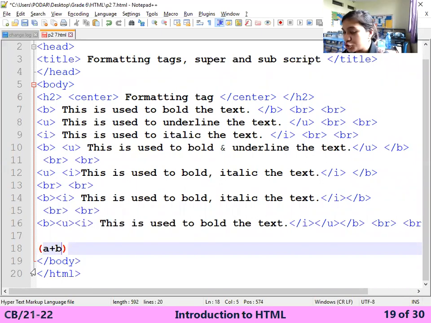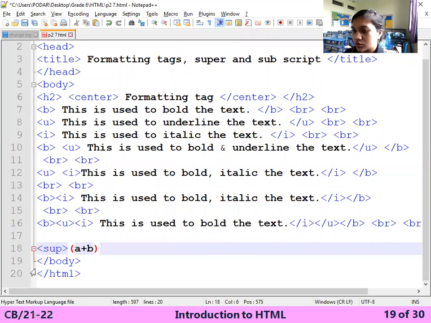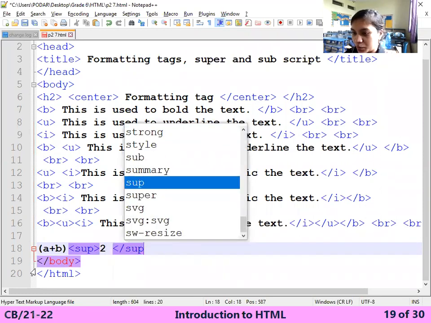So what should you do? For that, you have to use the superscript. So write down the tag SUP, then 2, because I need a plus b whole square. Close the superscript with SUP.